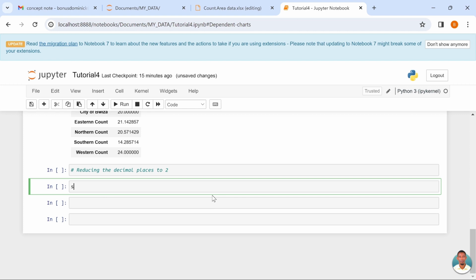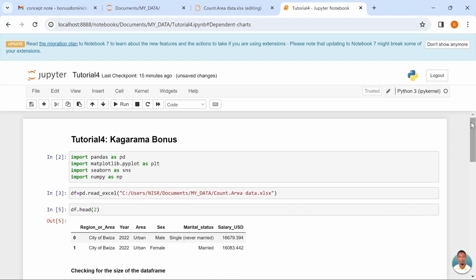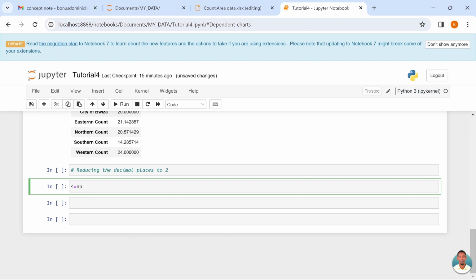Take the same created variable for percentages, which is s, equal to NP. This is a library for NumPy. NumPy, as I told you, is for mathematical computations. NumPy dot round